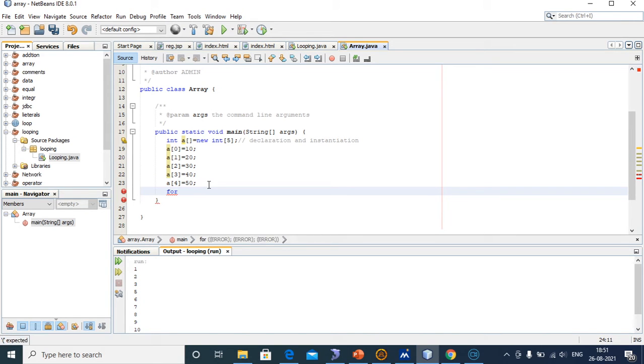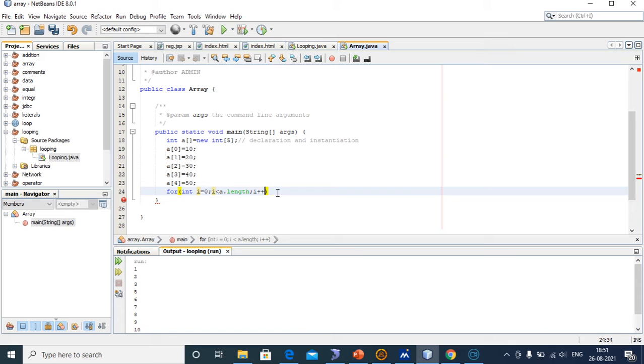For int i equal to 0, i less than a dot length, because we have to use the length property. The index value should be incremented, i plus plus. Okay, this is the length property of the array.